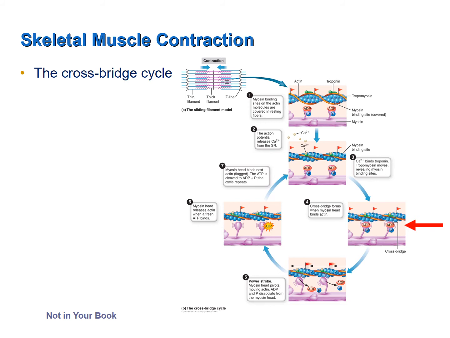The myosin heads then pivot and move the thin filaments toward the center of the sarcomere. This process is called the power stroke. And if ATP is present, the ATP will cause the myosin heads to detach and reposition. And as long as calcium is present, the myosin heads will reform the cross bridges, cause the power stroke again,